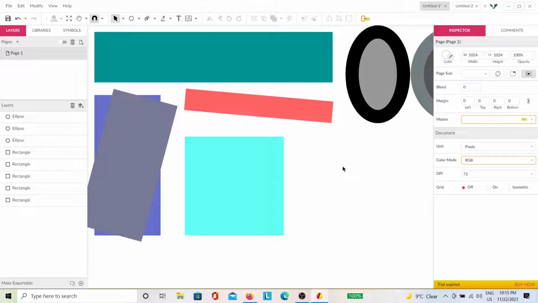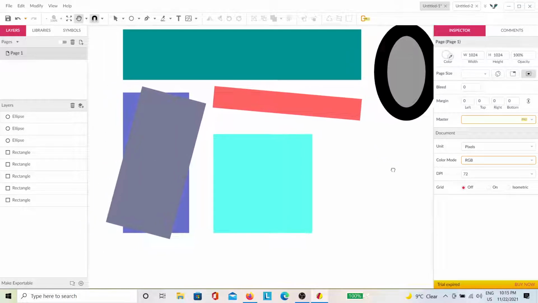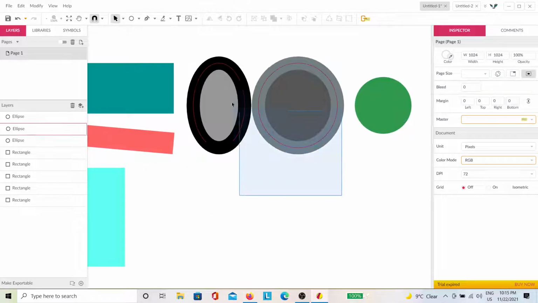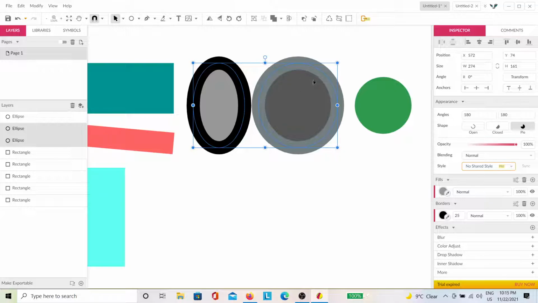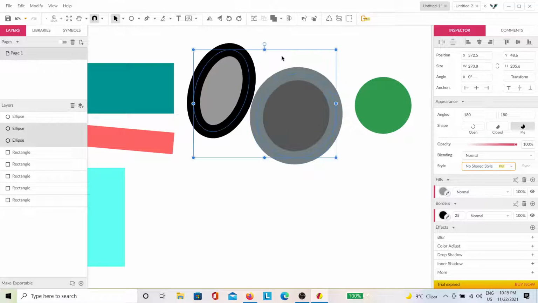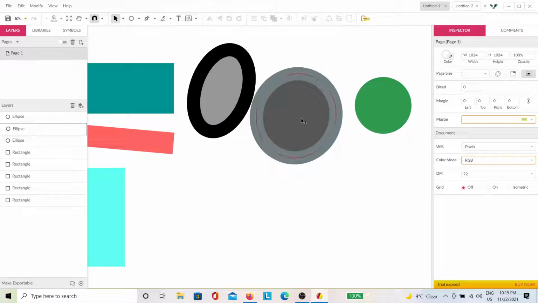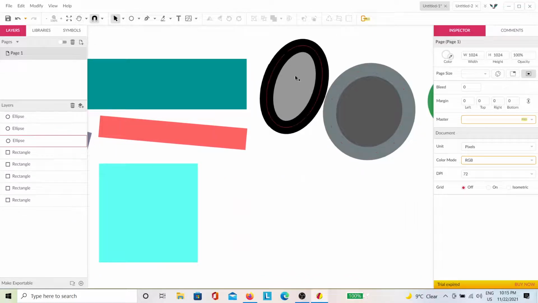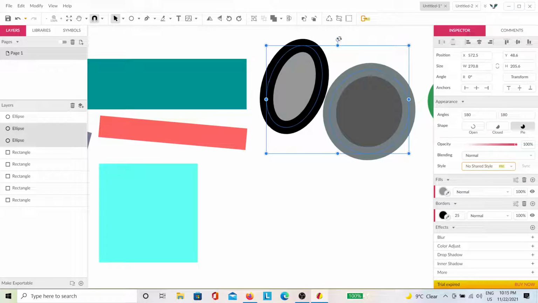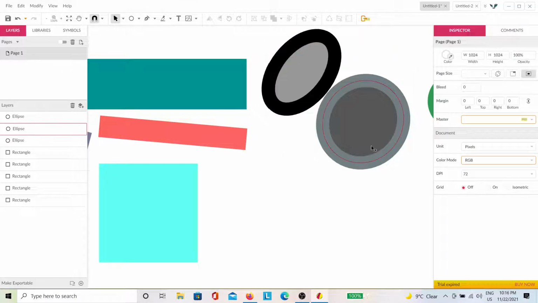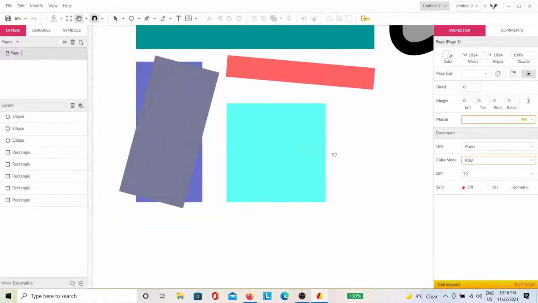Let's see, what else? I've learned to rotate stuff, and I also need to show you that you could select multiple things by click, hold, and dragging, and you can select multiple things and rotate them at the same time. So these have the same axis of rotation, so you can rotate them even more or something. I have no idea, but yeah,